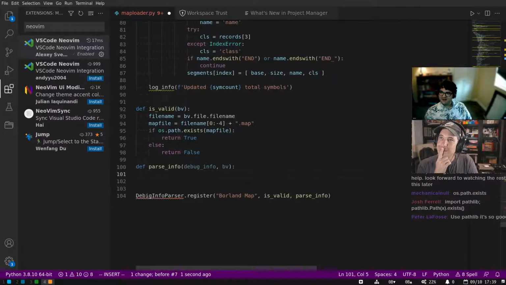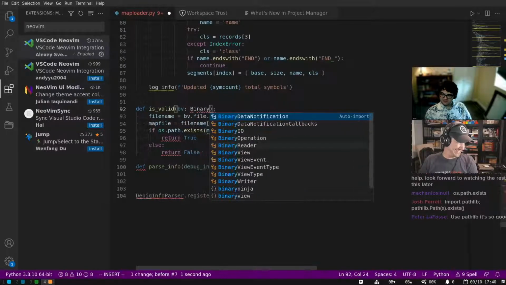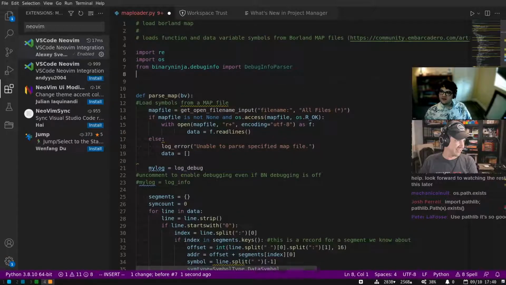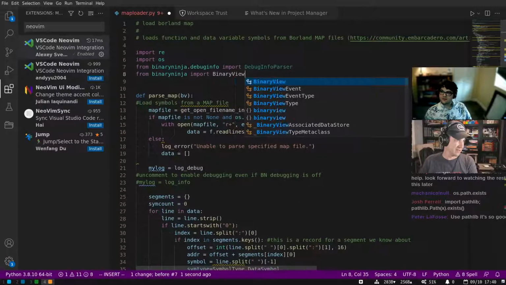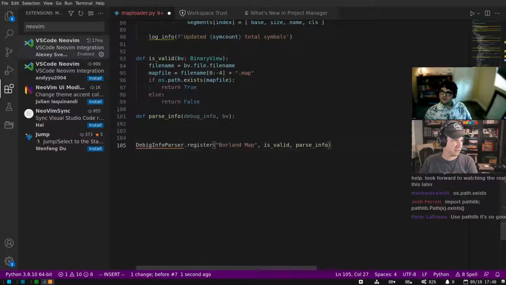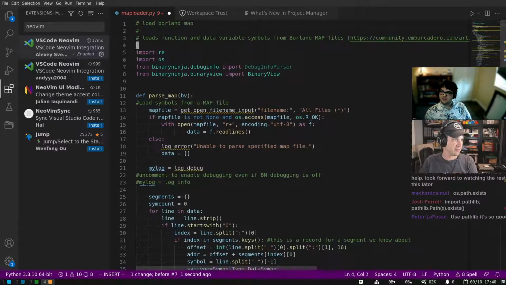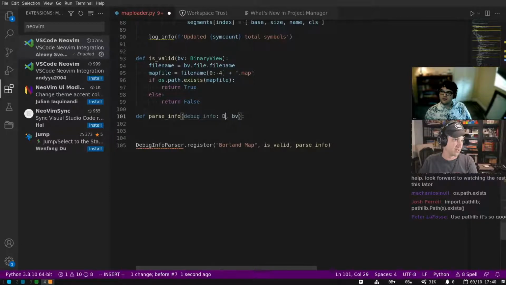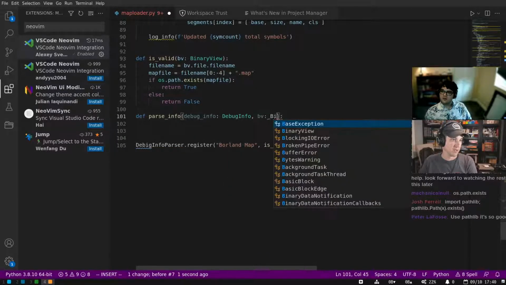Come on, Jordan. Type annotations. Oh man. You know, okay. I'm going to do it because I'm really bad at it and I need to learn how, honestly. So let's fix this. So it's a colon? Mm-hmm. Is that it? Okay, and I need to add. Okay, so I've got a binary view. We're going to need a debug info. Is it debug info parser or debug info? It's probably both. You'll need both. Yeah, no, debug, because then this one's going to be a debug info. This is a binary view.